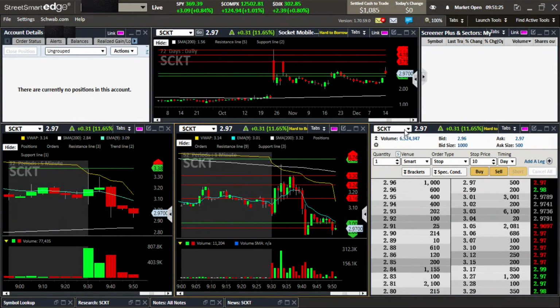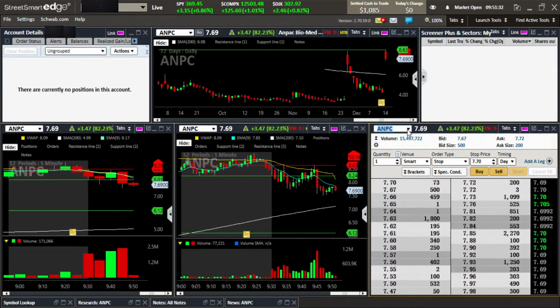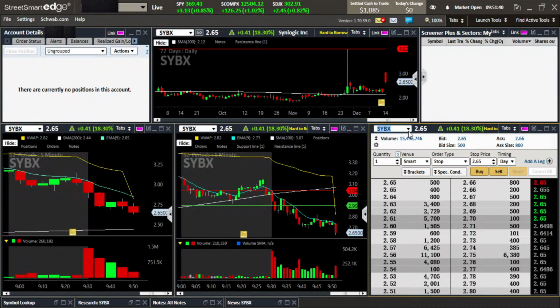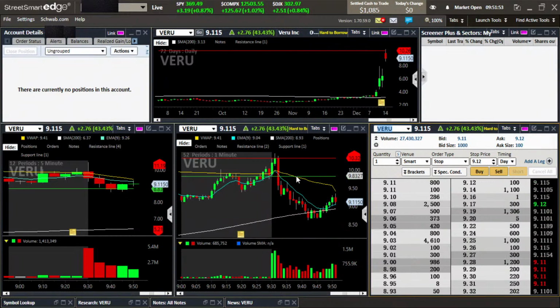But what were the other ones we were watching? AMPC went down. SCKT, SYBX way down. Tesla, Veru trying to curl off of this SMA here. Still needs to get back within this range